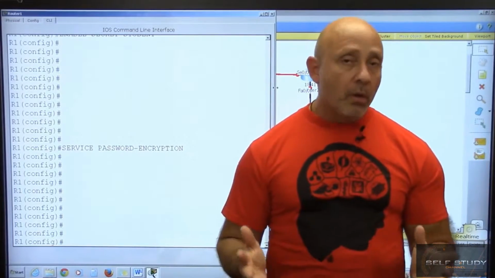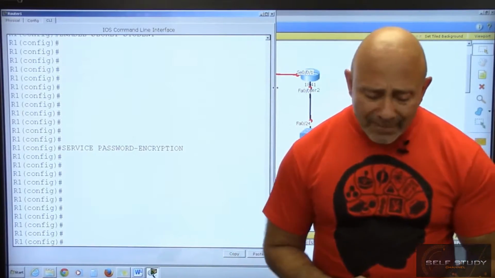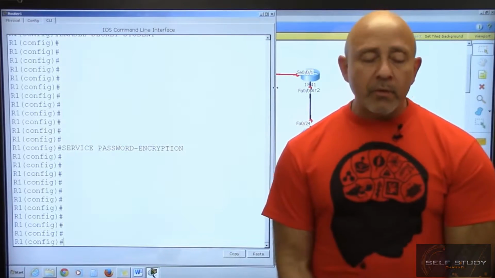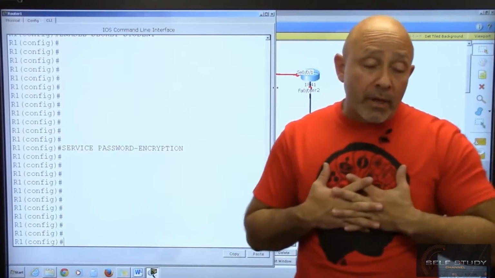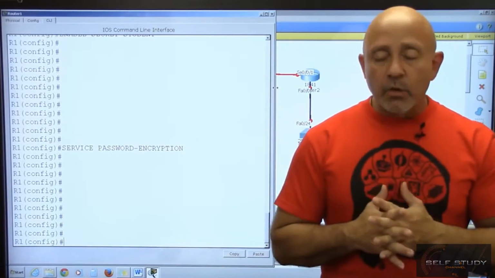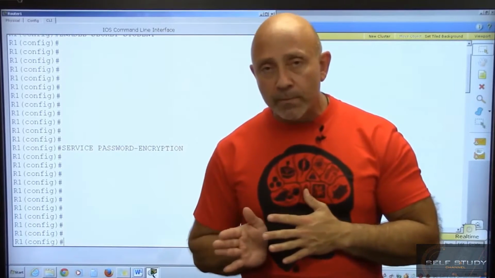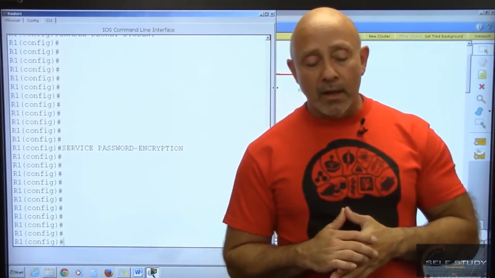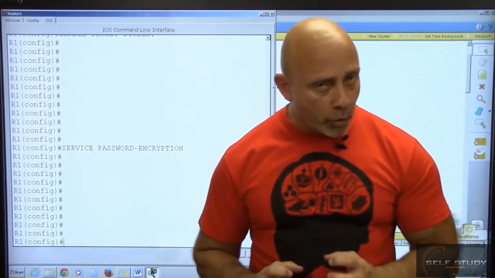Right? Because that command right there encrypts it. So no big deal. Now, we want to create usernames. We want to create a username with certain level of privilege. Now, I'm going to create a username for myself, and I want to have administrative privileges. So the way you do that is through levels. Are you going to be asked this on the test? No. This is extra information that I'm giving you. All right? So if you want to create a local username for the router,